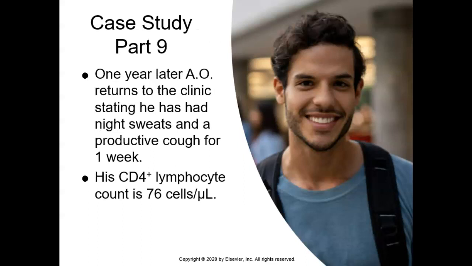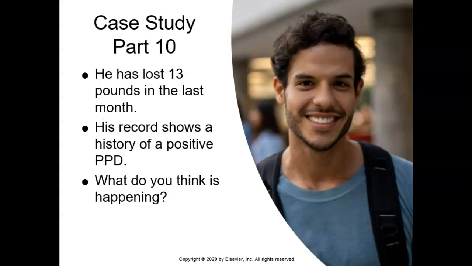So it says 1 year later, AO returns to the clinic, stating he's had night sweats and a productive cough for 1 week. His CD4 lymphocyte count is 76. He's lost 13 pounds in the last month. His record shows a history of positive PPD. So what do you think is